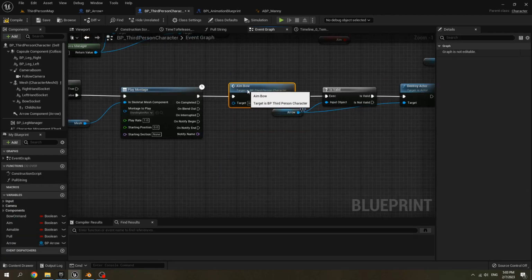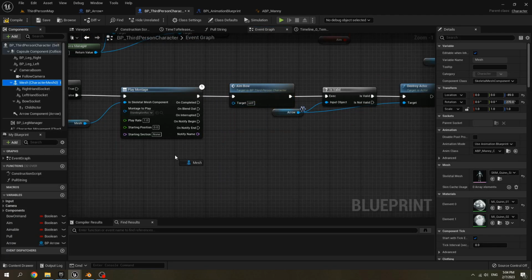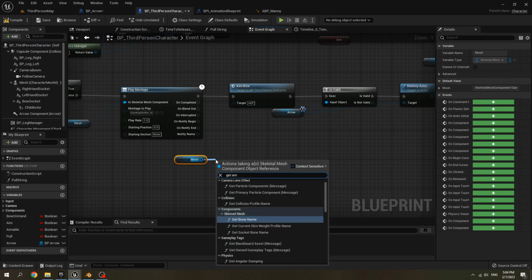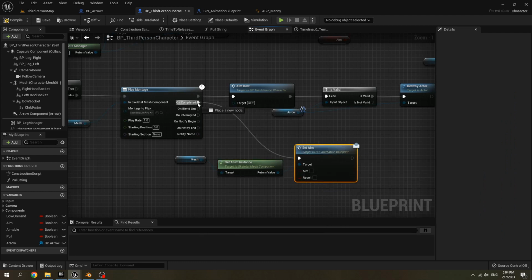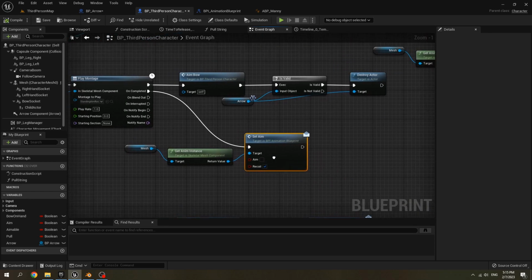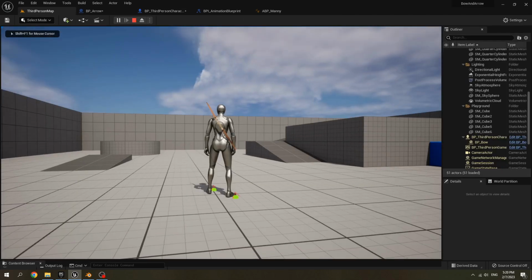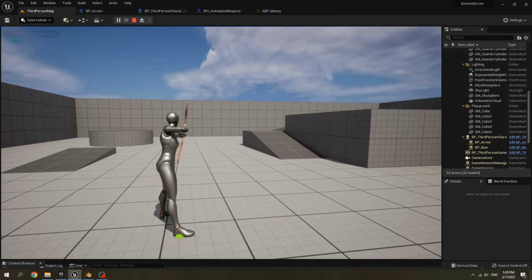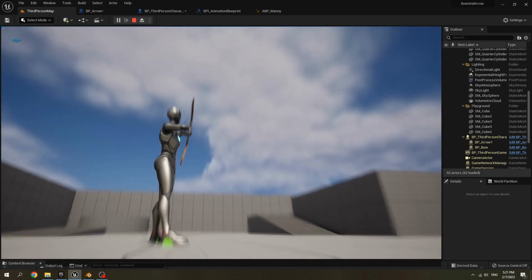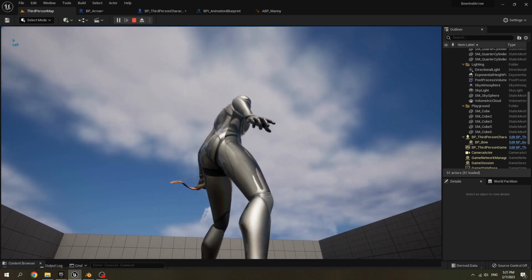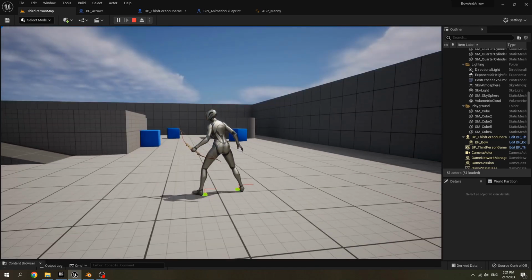Call Aim Bow Event to make the camera unzoom. Then get Mesh, get Anim Instance, call Set Aim. After we complete, we call Set Aim function and set recoil to true. We set recoil to true to make sure that when the character is aimed down, then she plays the aim recoil animation, the character still aiming downward. And after the animation is complete, she is about to aim forward back.